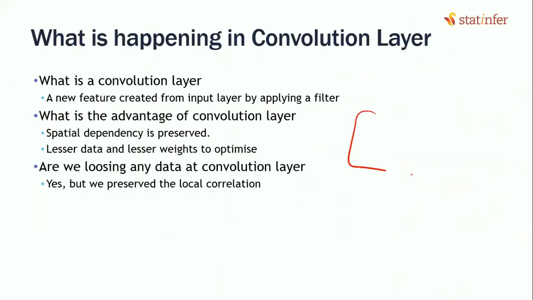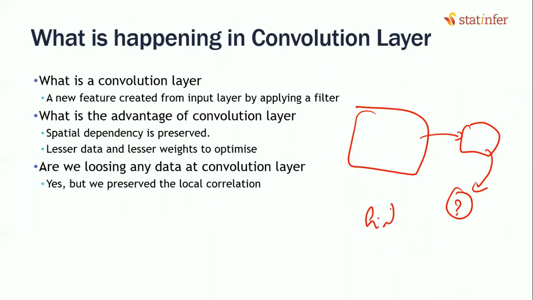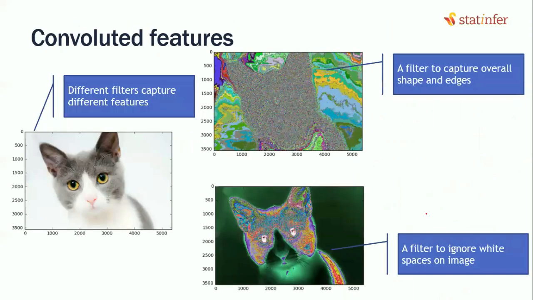We take the image as input and then we apply a filter on it. When you apply a filter, what will happen? When you apply a filter, a particular feature will be highlighted. Rest all features will be suppressed. If you take an example, if you take this image of a cat and apply a particular filter, then